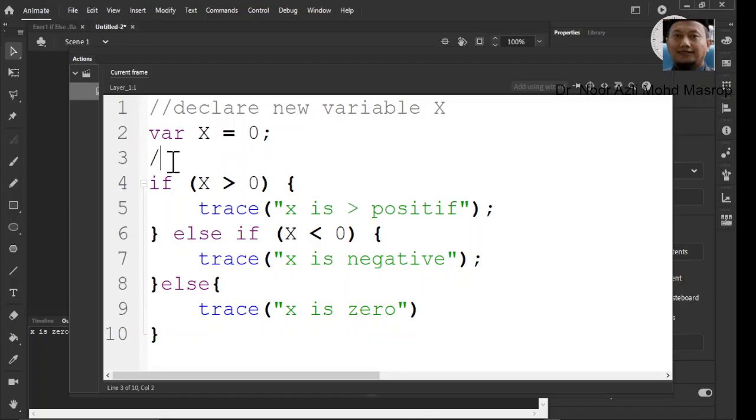Again, you can use a comment line. If true, what happens if true?